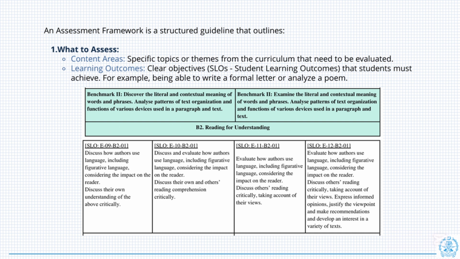The assessment framework is designed to ensure a progression of skills, beginning with foundational understanding and culminating in advanced analytical and expressive capabilities. By aligning the teaching process with these outcomes, the framework develops well rounded, critical thinkers who can evaluate, interpret, and communicate effectively across a range of contexts. By focusing on both content mastery and skill development, the framework equips students with the tools they need to succeed academically and beyond, fostering lifelong learning and critical